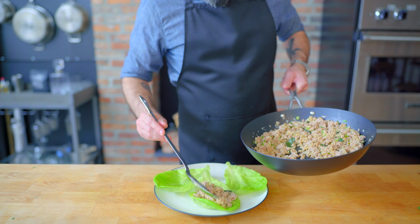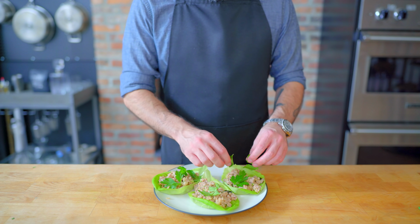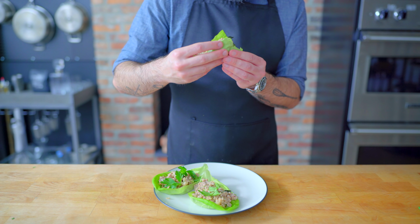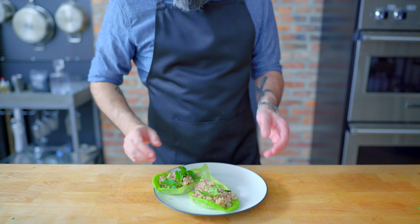wraps. Then traditionally you're supposed to pile these guys high with that most dreaded of herbs, at least for me, cilantro. So once you've done that for camera and then picked it right back off, grab yourself a wrap and tuck in, the whole time cursing your defective genetic markers that make you hate what should be an inoffensive, even pleasant herb garnish. But no matter what's wrong with your taste buds, they're sure to enjoy this quick, simple, and